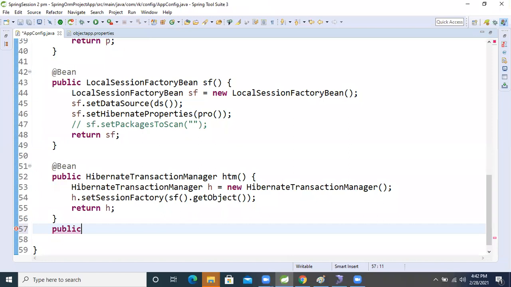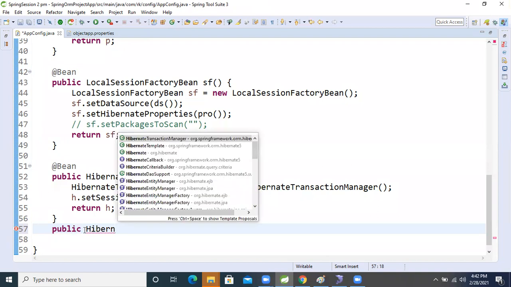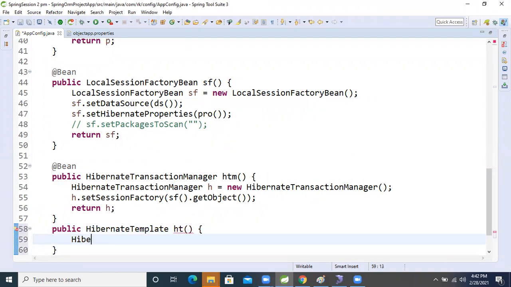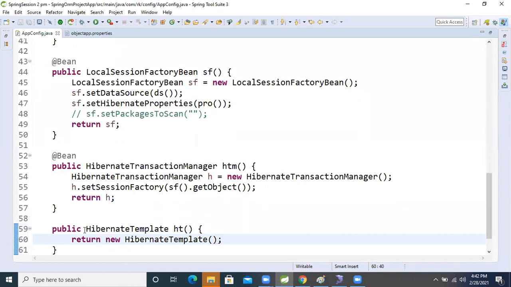Public HibernateTemplate, HT. After that, come here. Hibernate template has a constructor, so just return new HibernateTemplate. It is the Hibernate template to perform all those operations.